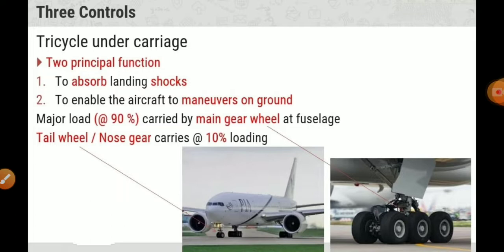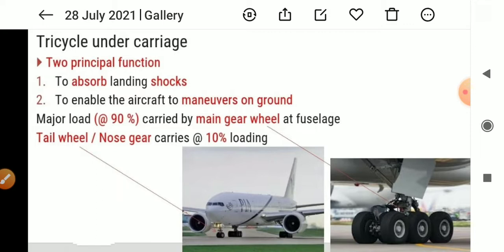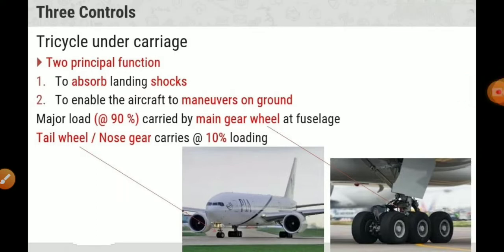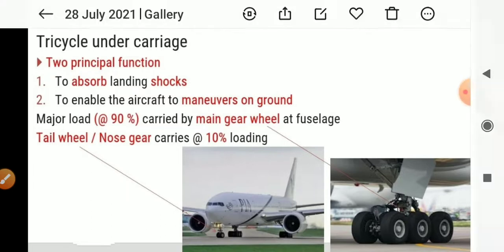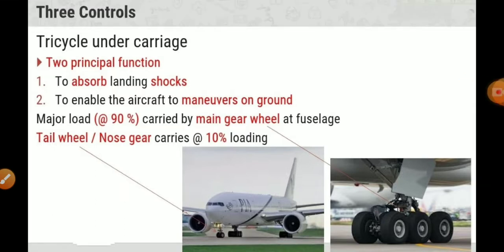Now the tricycle undercarriage has two principal functions. Undercarriage means the portion below the plane, near the wheels. The main function of this portion is to absorb landing shocks when the plane lands, and to enable the aircraft to maneuver on the ground. On the ground, if you have to go from the runway to the taxiway or from the taxiway to the runway, then these wheels will be useful.